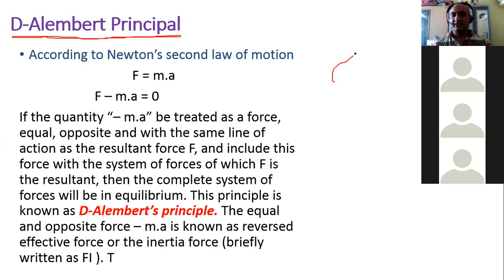What he is saying is, if there is a body which is acted upon by different forces, say this force is there, let us say there are many forces acting upon a body. So what will happen to this body if the forces are acted? Then this body will have acceleration, obviously, because the body is trying to move. So now what we have to do here is assume a hypothetical force which is making this body equilibrium or static.